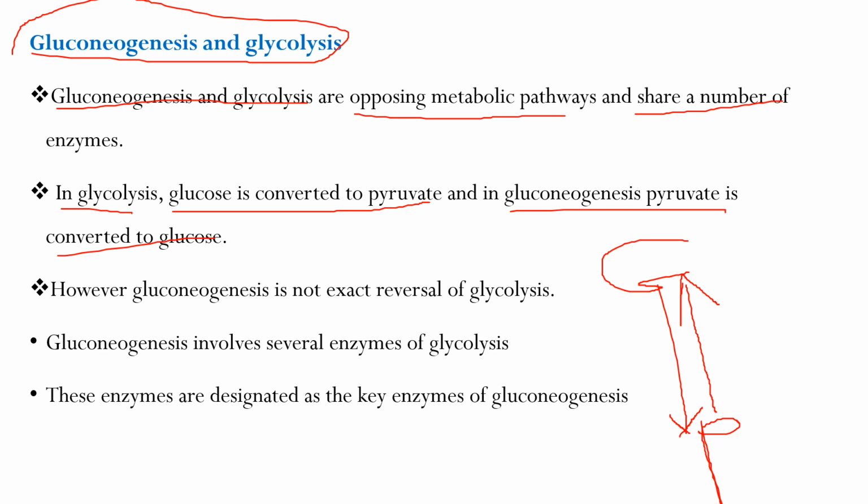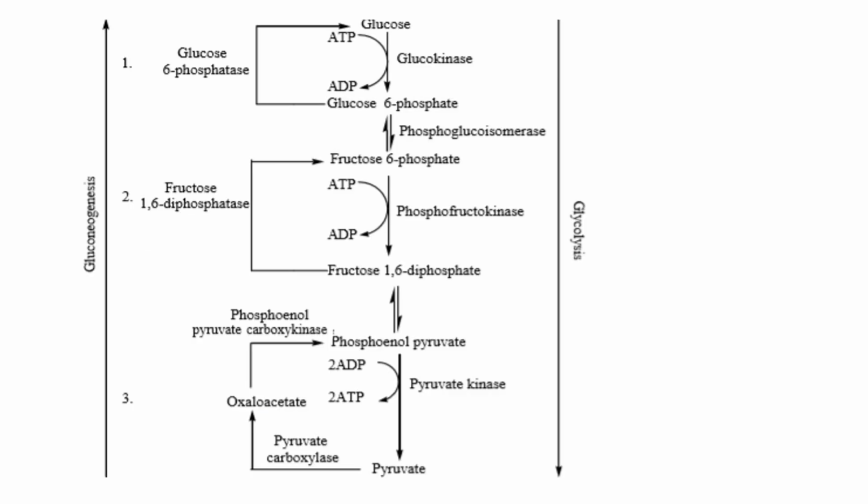Gluconeogenesis involves several enzymes of glycolysis. Of course, there are enzymes that are not used in common. So these enzymes that are not used in common are designated as key enzymes of gluconeogenesis. To show enzymes that are not commonly used by these two metabolic pathways, here glucose is converted to glucose 6-phosphate